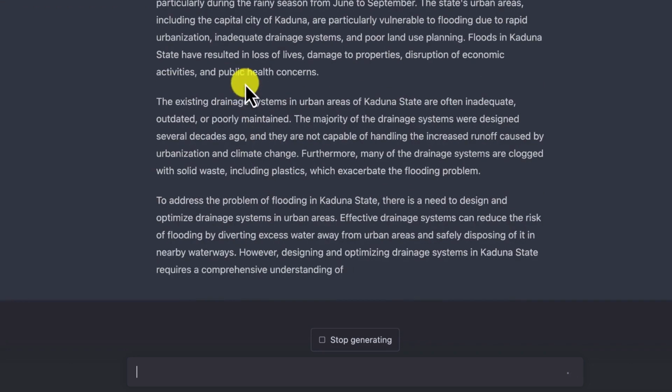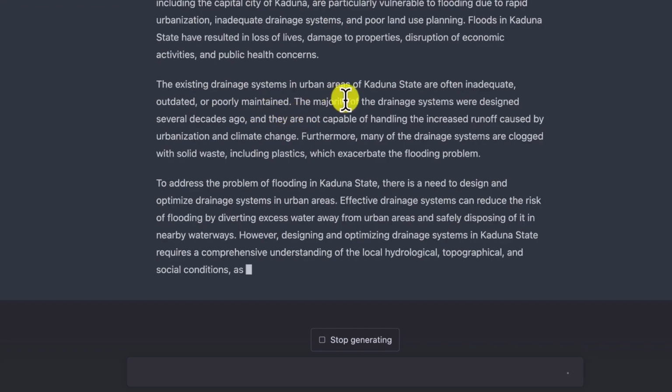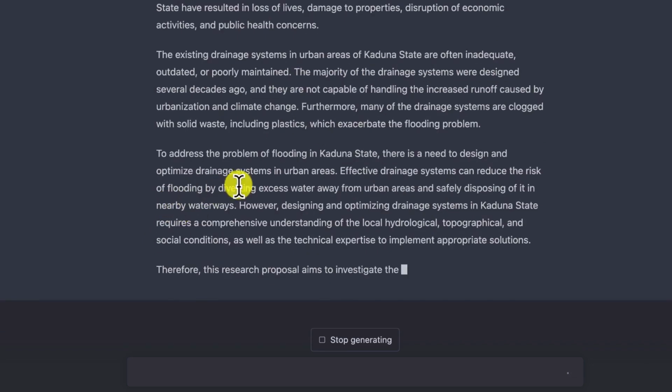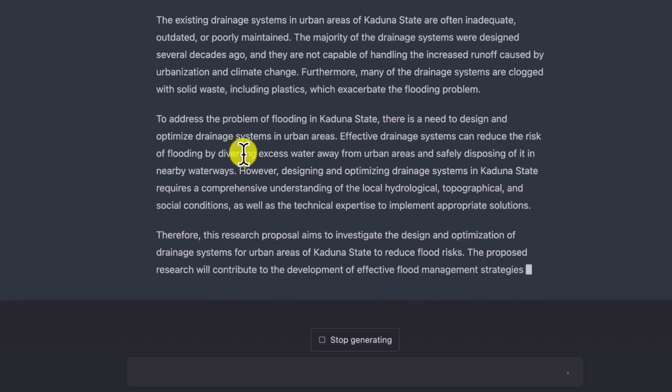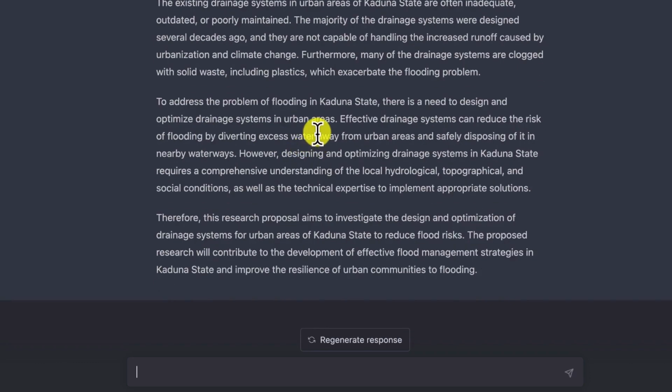So the next one, it talks about the existing drainage system in Kaduna State. And the next one, to address the flood problems in Kaduna State, there is need to design and optimize drainage systems in Kaduna State, in the urban areas. So it gives you more detail, but this is therefore this research proposal aimed to investigate the design and optimization of the drainage system for urban areas of Kaduna State to reduce flood risks. The proposed research will contribute to the development of effective flood management strategies, and I think this is very, very